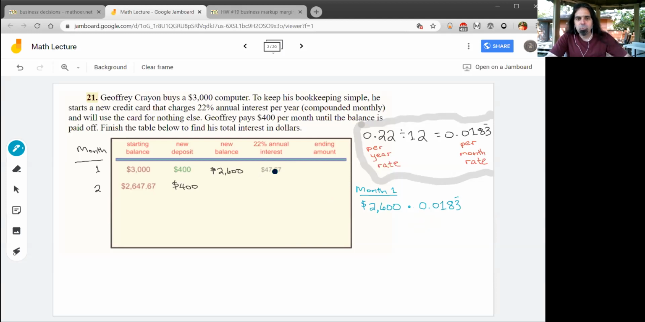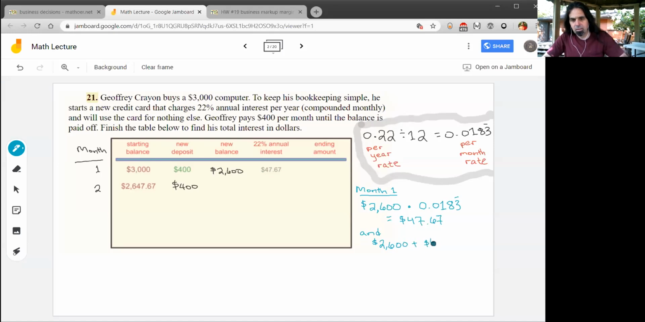If we wanted to use the 1+ trick, we could, and that would give us the ending amount without having to add things back on. So maybe we'll do that next month. But if I do that multiplying, then I get the 47.67. And so when we add that to the 2,600,